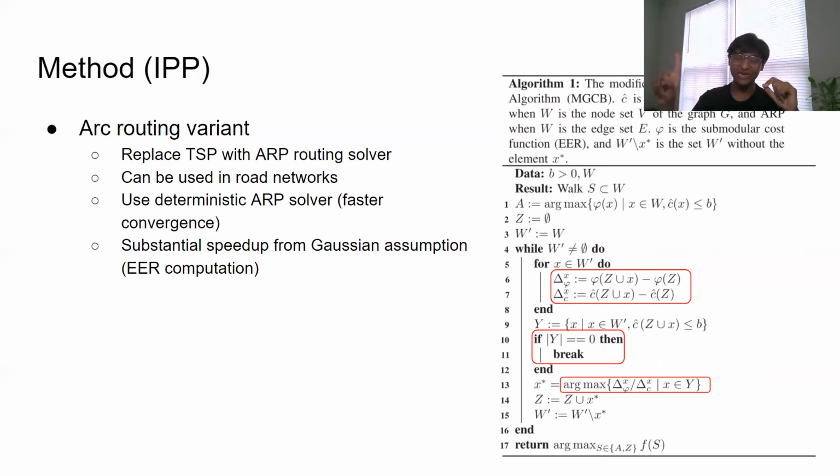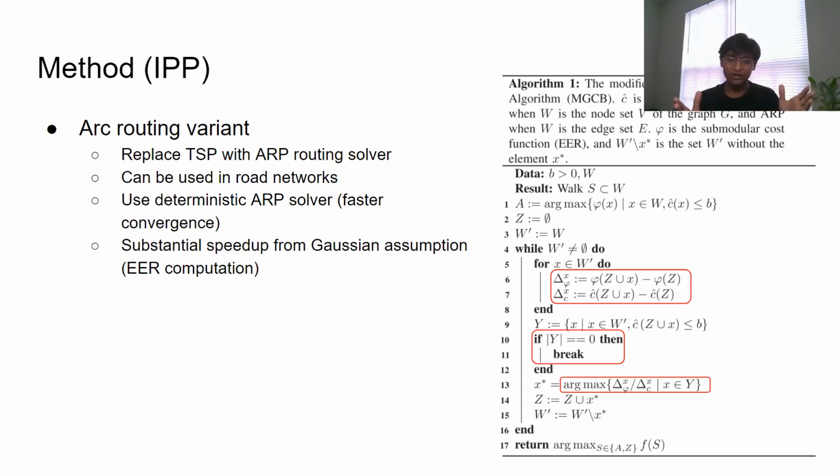Once we realize that our objective function is submodular, the GCB algorithm can be used to maximize submodular functions with routing constraints, and that there is such a thing as arc routing, we merge them together. We replaced the TSP solver in GCB with an arc routing problem solver. The GCB algorithm was inherently modular enough for us to be able to make this change. Furthermore, it still allowed us to retain the approximation guarantee of the algorithm.